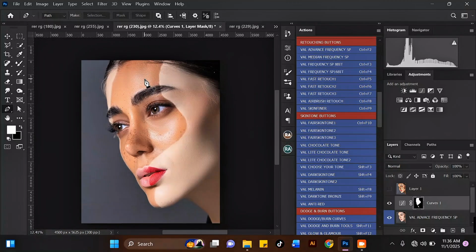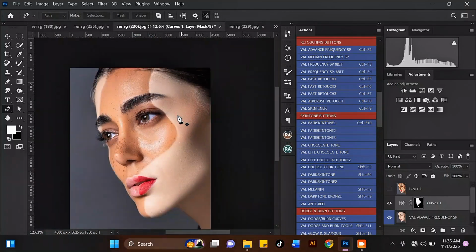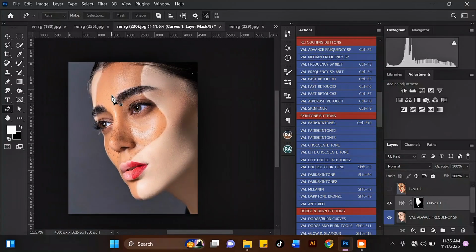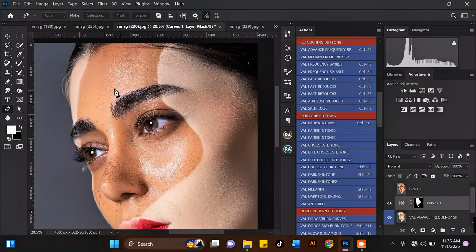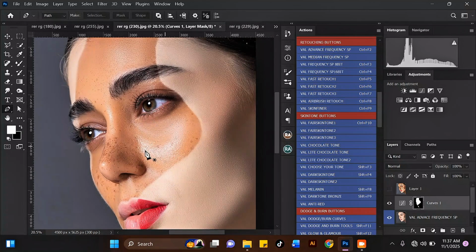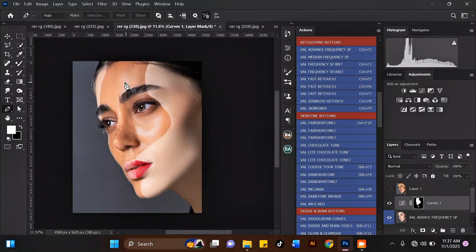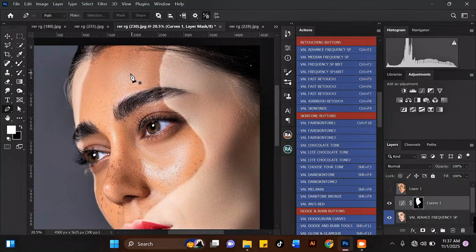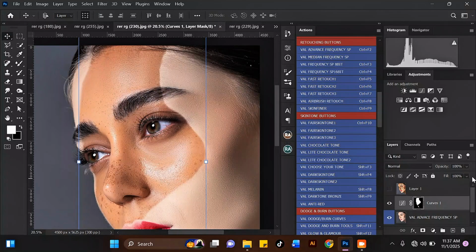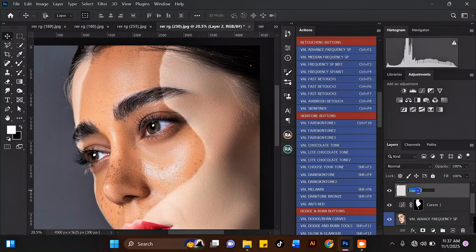So you can see now, what I will do right here is to add some artificial freckles there, to build up the freckles that are still on her face. To add the artificial freckles, I will create an empty layer above this. This is the empty layer. I rename it to freckles. Freckles, okay. And I change the blending mode here to,